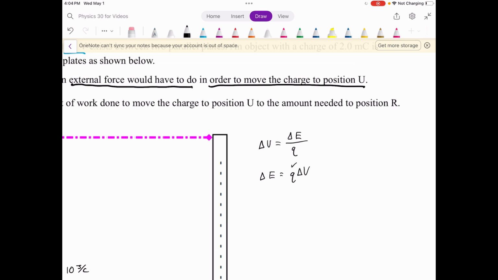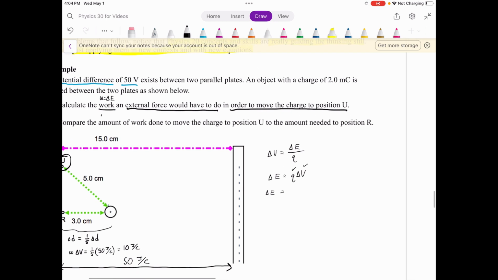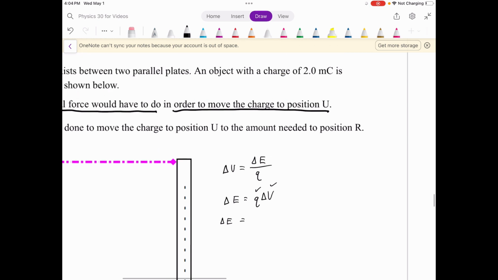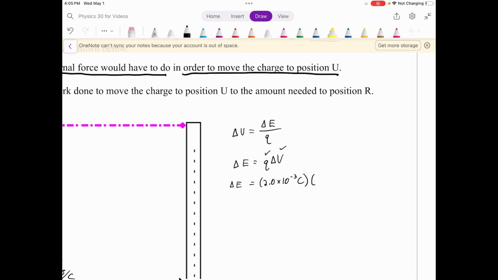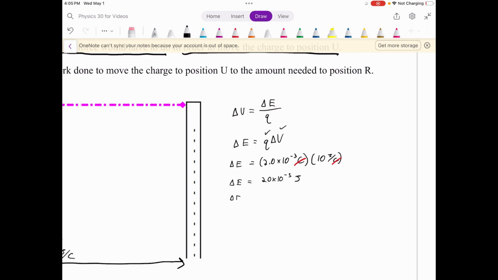We now know the charge and we know the potential difference that it's been moved through. So we can figure out how much its energy will change by, and therefore how much work will be done on it. So plugging in our numbers, 2 millicoulombs, and milli means times 10 to the negative 3. Again, that's on the back of your formula sheet if you ever forget. Times the voltage, which we've now confirmed is 10 joules per coulomb. And sure enough, coulombs over coulombs, we're finding a change in energy, so that makes sense. We get that it would be 20 times 10 to the negative 3 joules, right? 2 times 10 is 20 times 10 to the negative 3, or we could just say